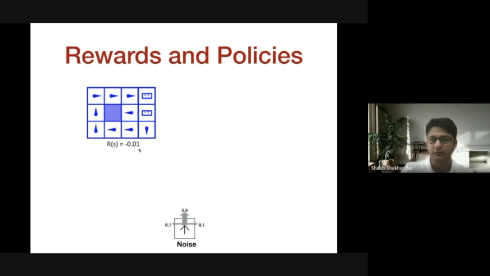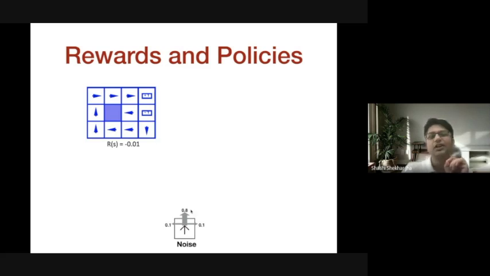What are the actions? Very simple. You can imagine there are only 4 actions possible. Diagonal movements are not allowed, so the agent can go up, down, left, right. And then there is some stochasticity, some noise, in the environment. What is the noise? Whenever the agent takes an action, let's say the agent takes the action to go left, there's only an 80% chance that it will actually go to the left cell. There's a 10% chance that it will go towards the upside cell and a 10% chance towards the downside cell, that is, 10% chance of going to either side of the intended action.